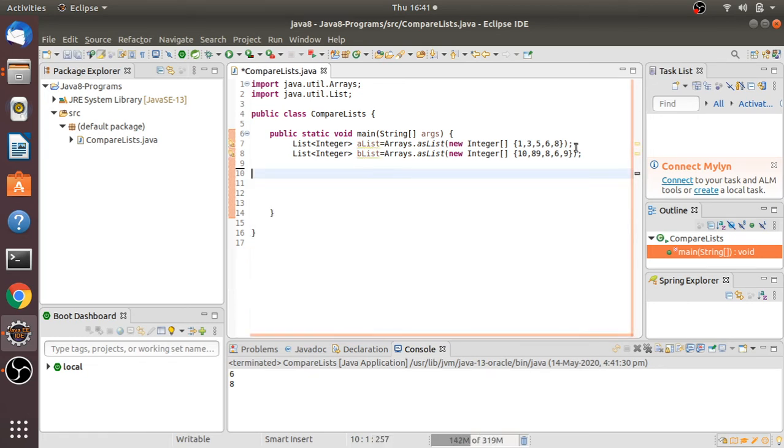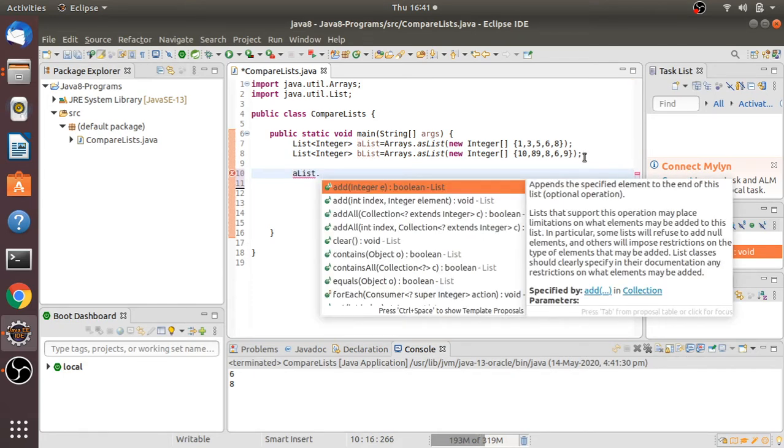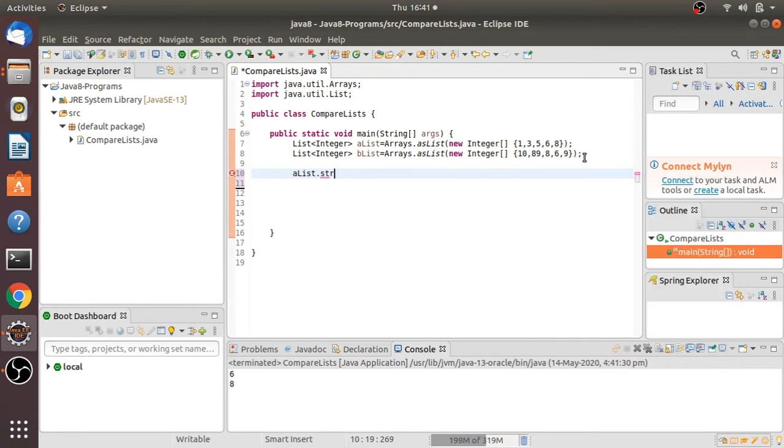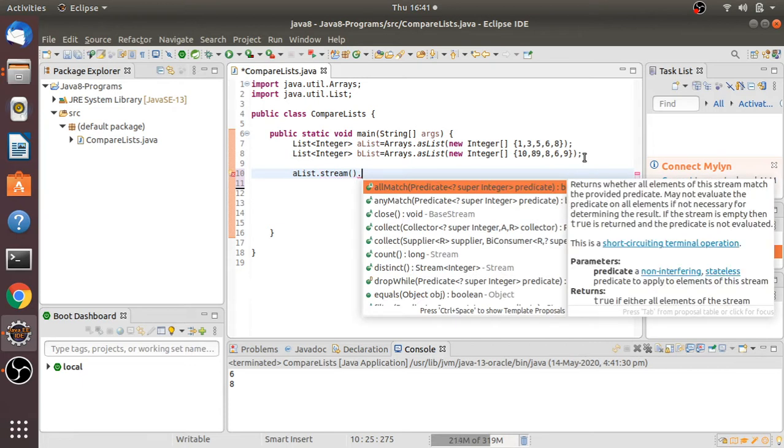So how can you do it with streams? We have A list dot stream, and then we have predefined methods, as you can see here: allMatch, anyMatch, noneMatch. It returns whether all elements of this stream match the provided predicate.